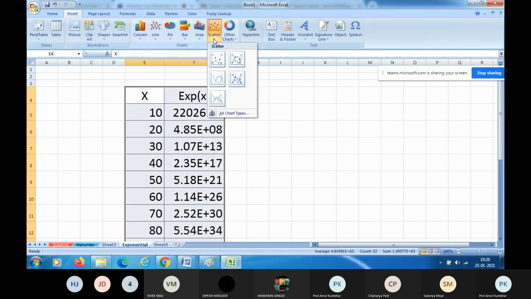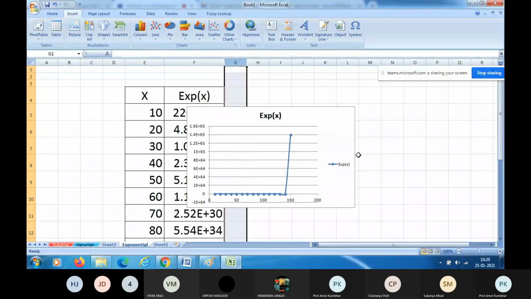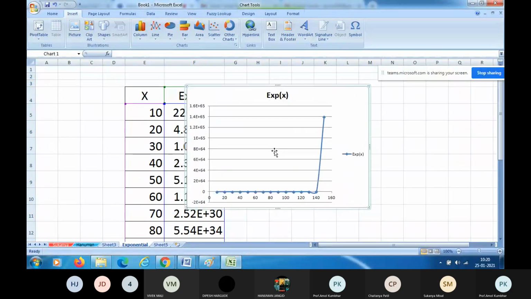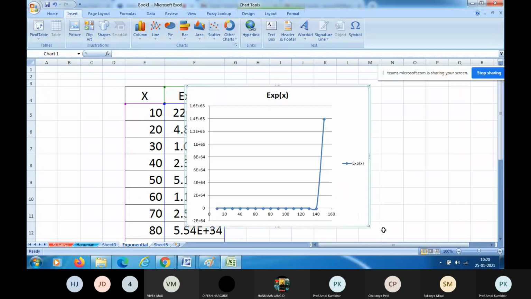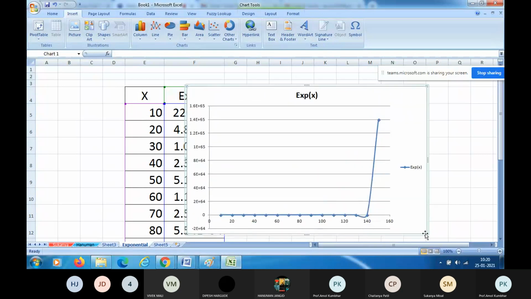So insert, scatter, again select scatter with smooth line with markers. So this graph, देखिए graph आ गया, right? This is our graph. You can increase the width of this graph.